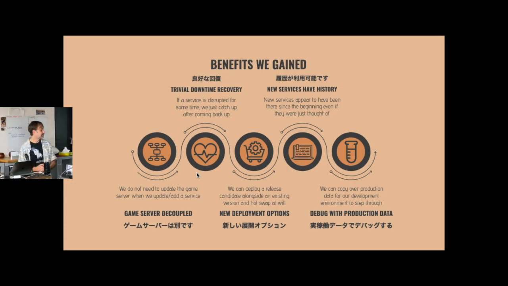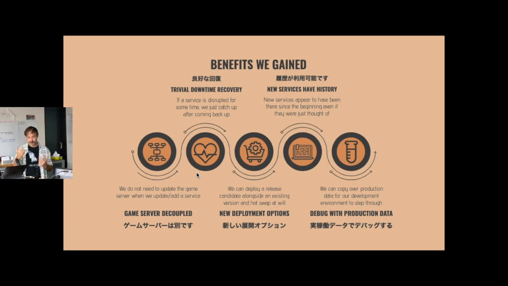We've got some new deployment options. Because we don't need a single version of this service running, we can have multiple versions side by side. We can put up some experimental things and see how they work. We can canary things out much more easily. We can put in upgrades, make sure they work, and have confidence in them when we actually flip the switch.